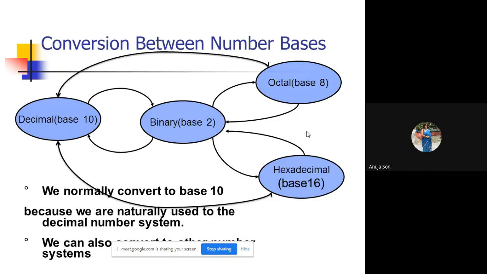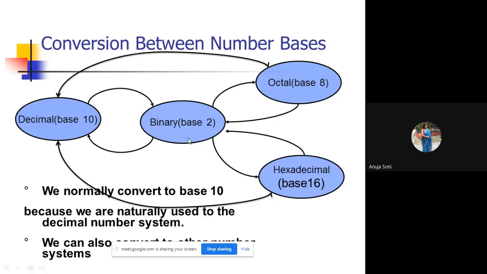If it is to be done with the help of the existing two mechanisms, what will those mechanisms be? You will first of all have to go from, like if I want to convert from binary to octal, what will be the way? You will have to go from decimal to octal, and then you will have to,